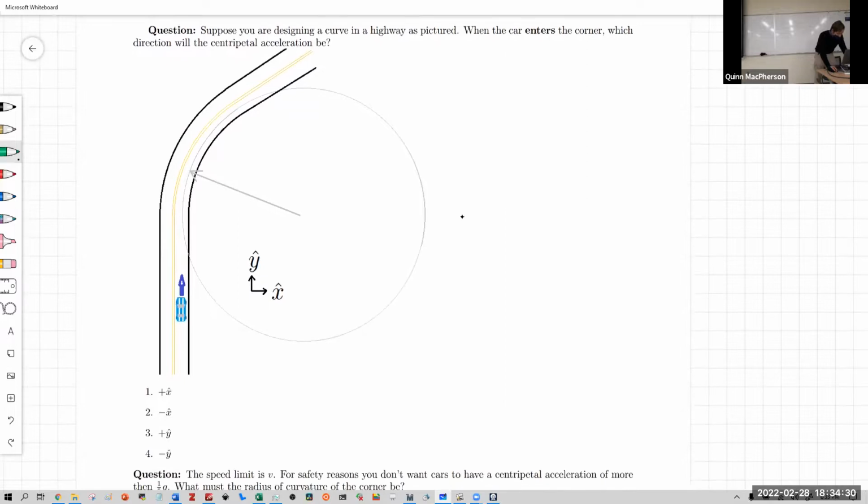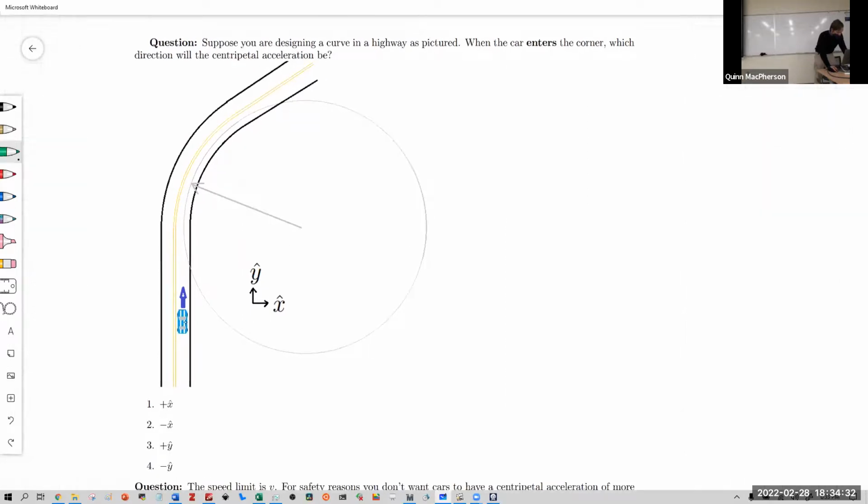Suppose we're going around this corner, and we're going the direction shown. There's a little car here. It goes around the corner like that. When he enters the corner, so right here, as he's entering the corner, which direction is the centripetal acceleration? And you can see my little